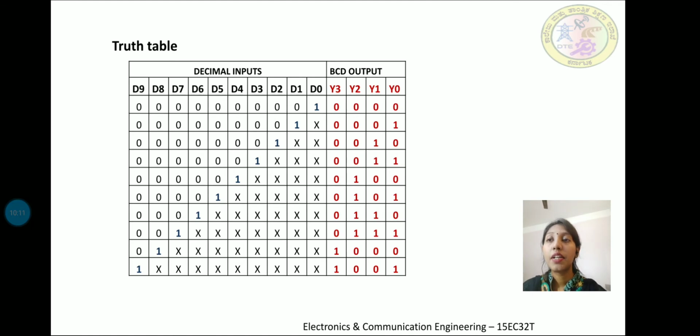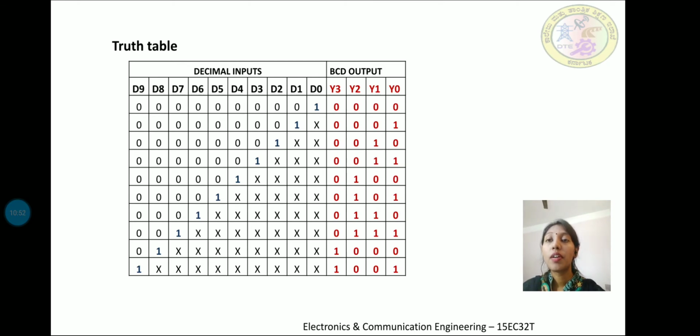When D5 is active, and D6, D7, D8 and D9 are inactive, regardless of the lower priority inputs, the output for D5 is obtained as 0101. When D6 is active, D7, D8 and D9 are inactive, regardless of the state of lower priority inputs, the output code for D6 is obtained as 0110. When D7 is active and D8 and D9 are inactive or 0, then regardless of the lower priority inputs from D0 to D6, the output is obtained for D7,